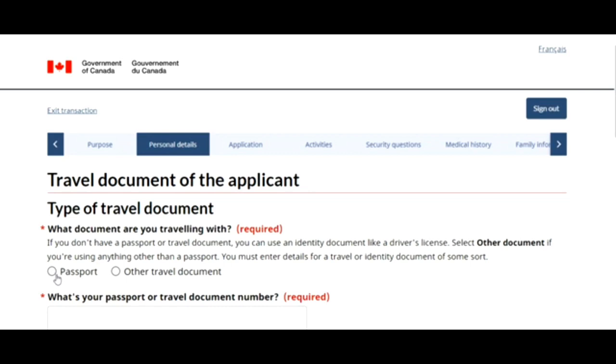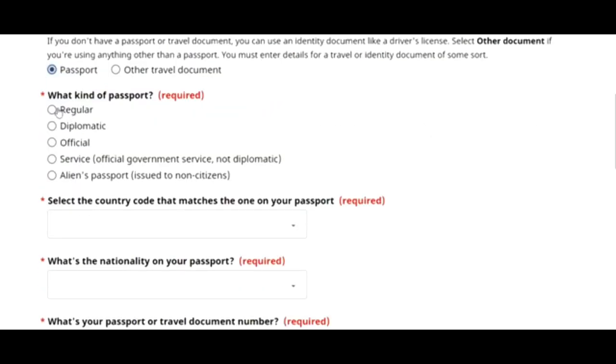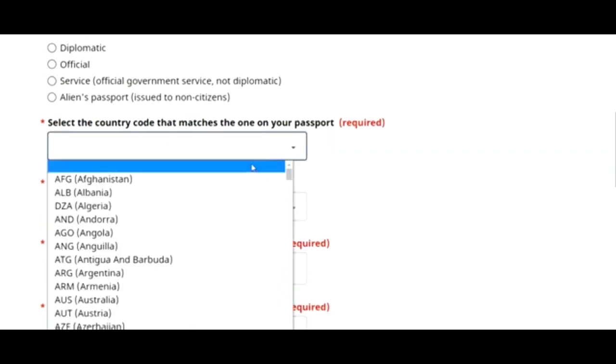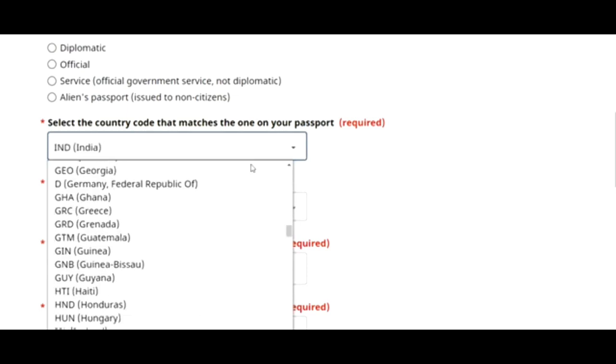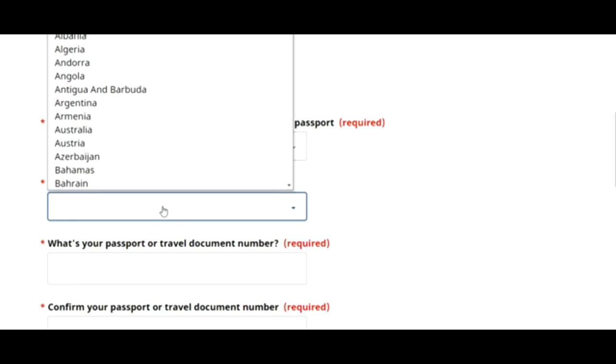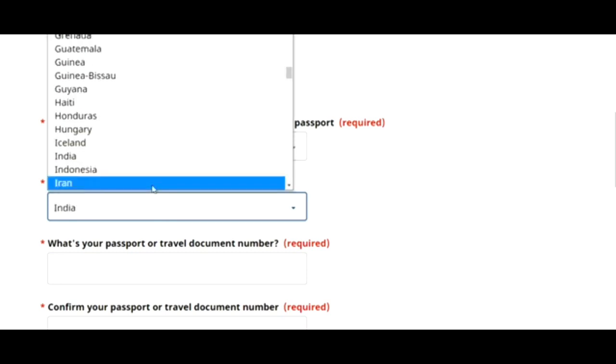What documents are you traveling with? I select passport. What kind of passport is it? Generally regular. Select the country, so I am just going for India. What is the nationality? I select India.